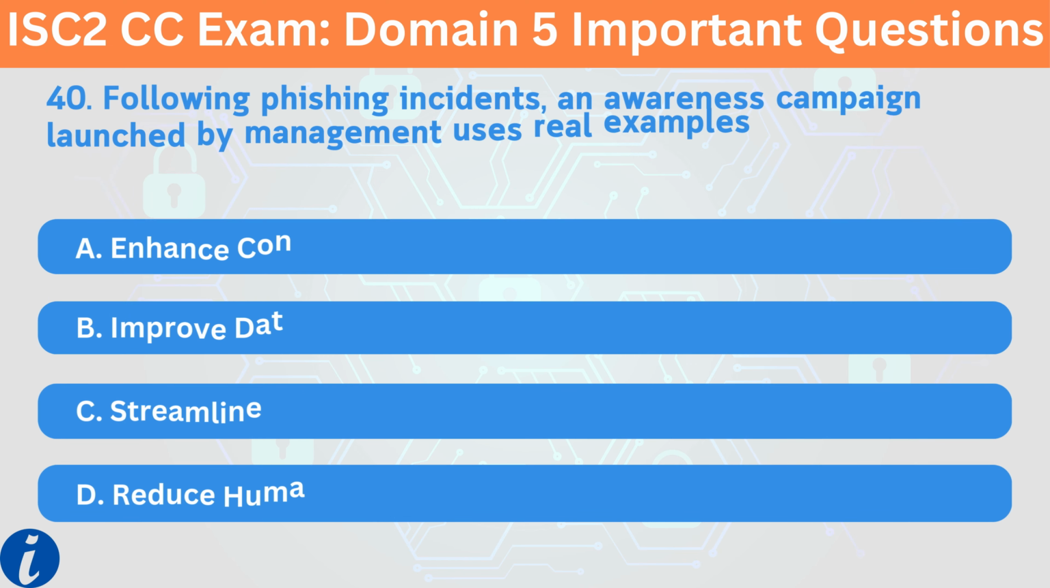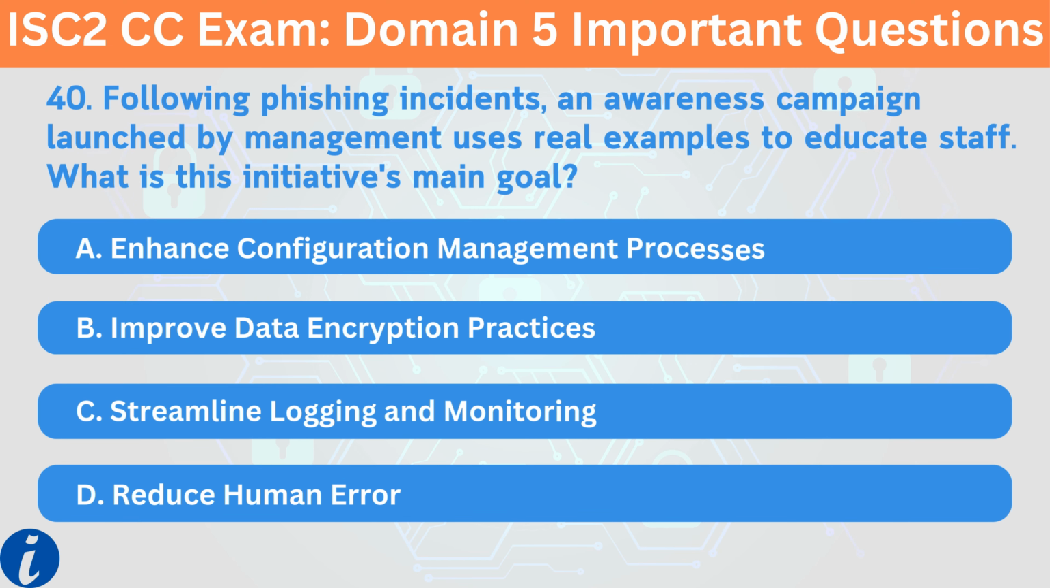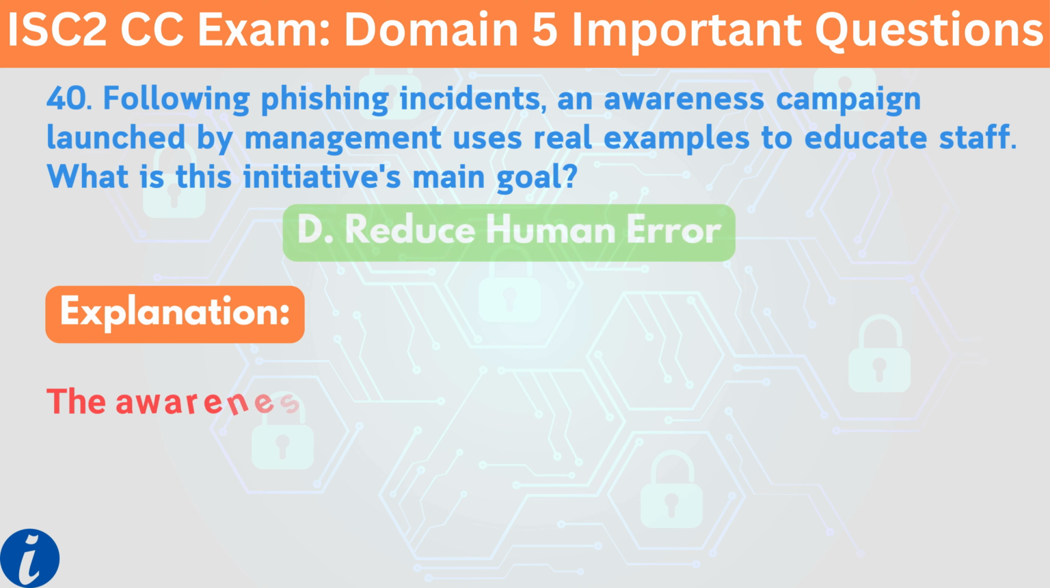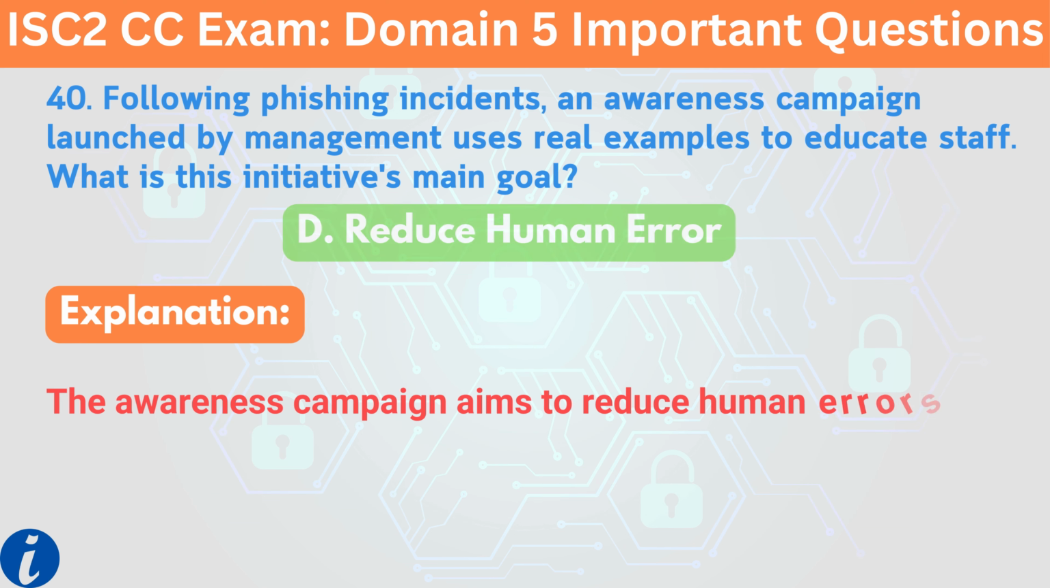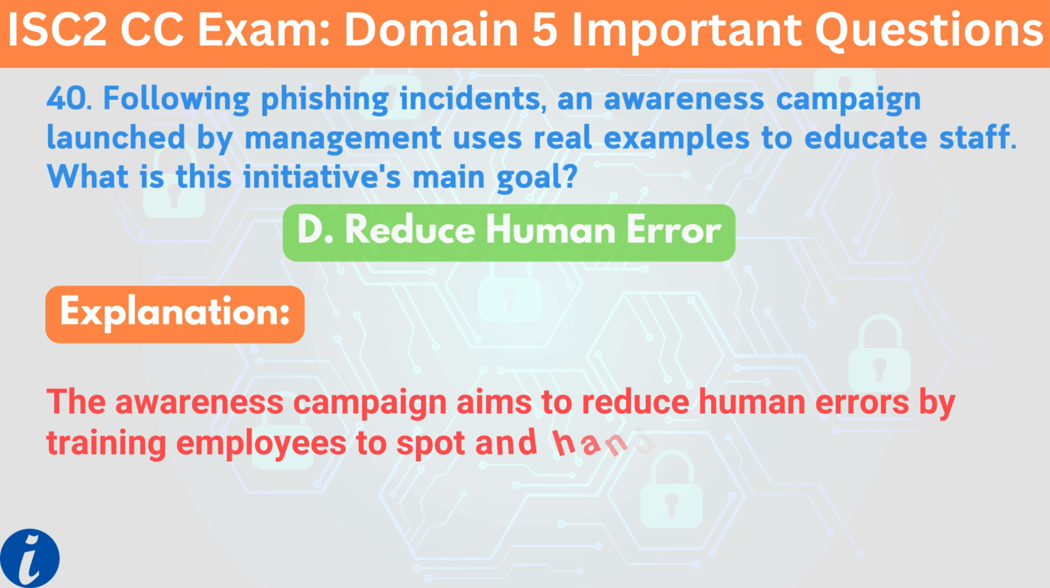40. Following phishing incidents, an awareness campaign launched by management uses real examples to educate staff. What is this initiative's main goal? A. Enhance configuration management processes. B. Improve data encryption practices. C. Streamline logging and monitoring. D. Reduce human error. The correct answer is D. Reduce human error. Explanation. The awareness campaign aims to reduce human errors by training employees to spot and handle phishing